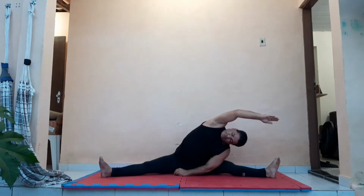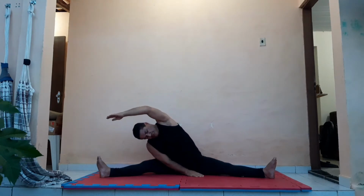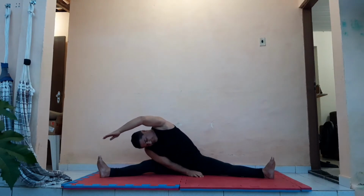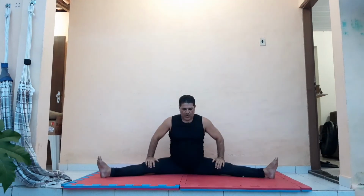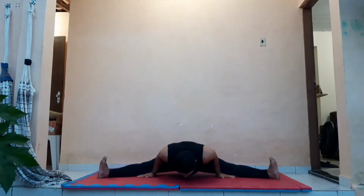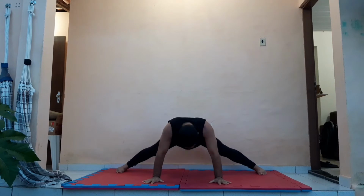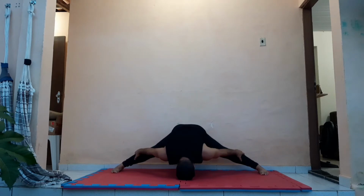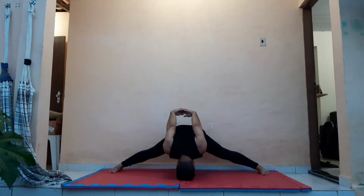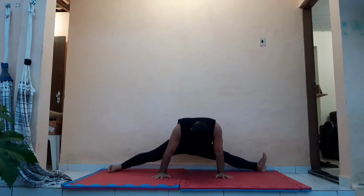I like to do this because in my personal situation I realized that when I needed to perform asanas in a more high complex level, I needed to be very warmed up, especially in these parts mentioned seconds ago. And if I don't do this, I see that I cannot perform in a high level my postures. So that's why I like very much to give an emphasis in this, how can I say, inferior parts of